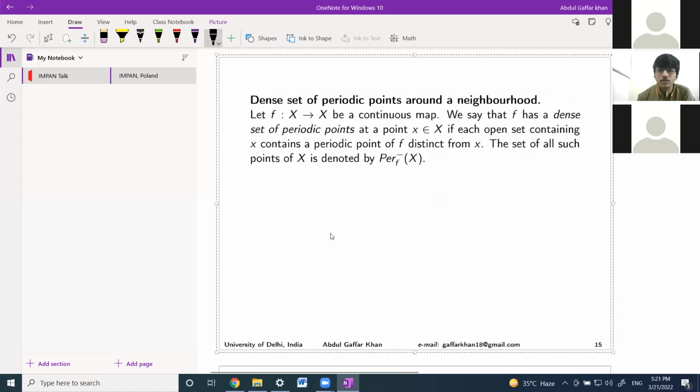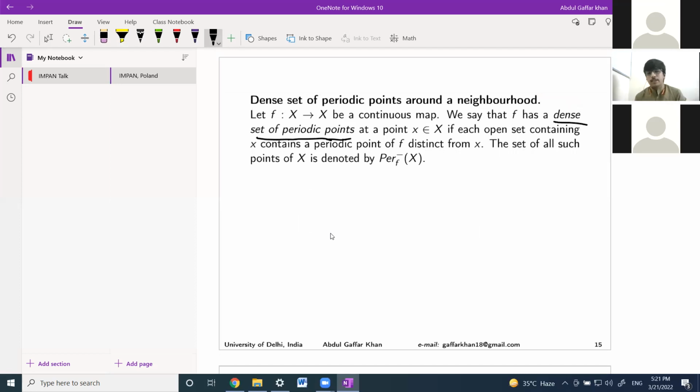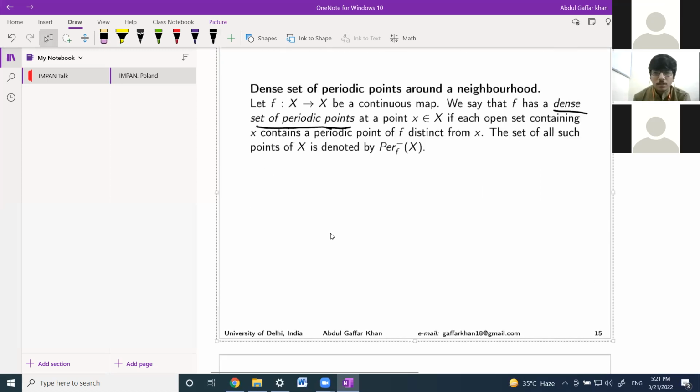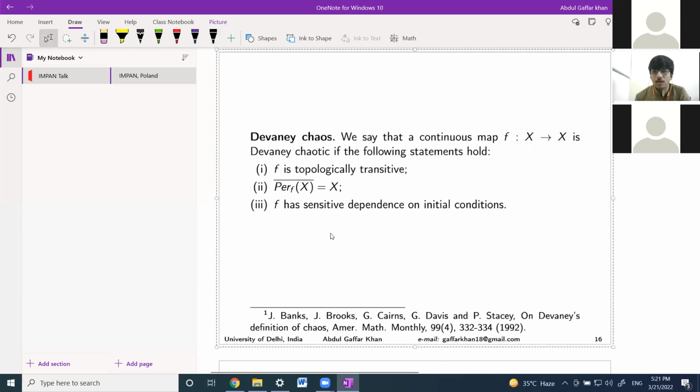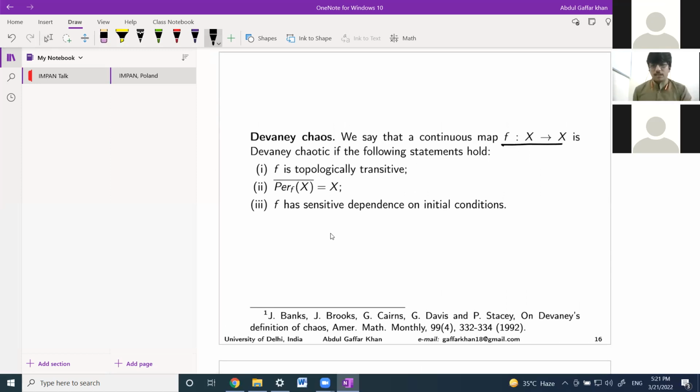The next notion is what we call having a dense set of periodic points, but it is just a redefinition of saying that the point is a limit point of the set of all periodic points. We defined it this way because it gives more sense to the notion of Devaney chaos that we will see here. The notion of Devaney chaos was introduced in the late 1980s,